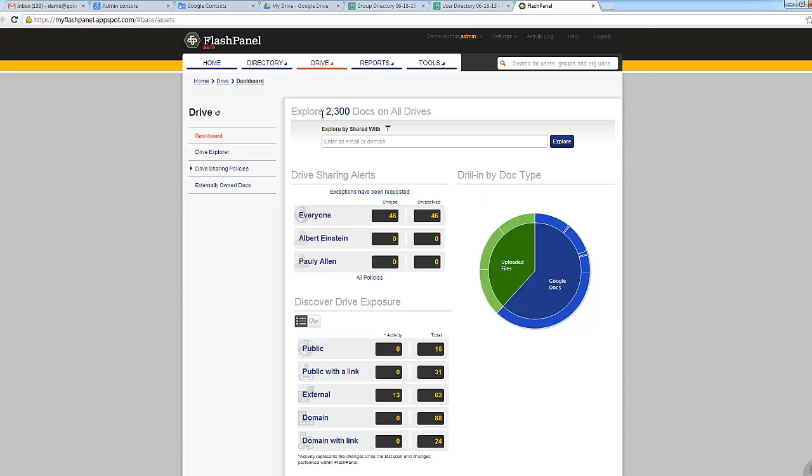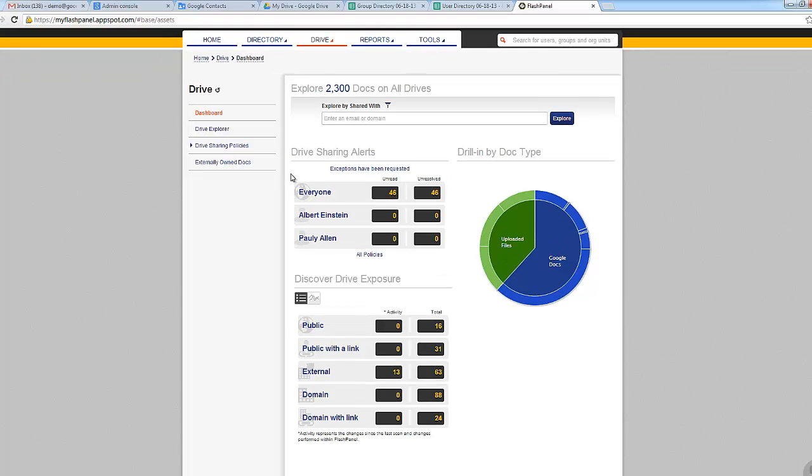So across the top, you can see a sum of all of the documents on your domain. This will update accordingly. And these charts will show you different things about the way that your documents are being shared. So you can set up policies